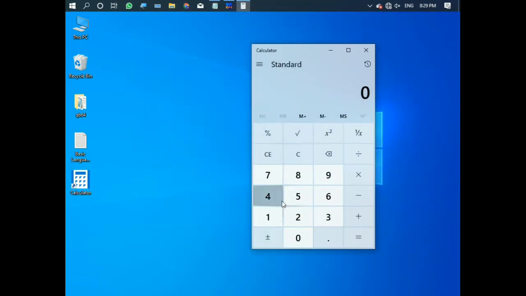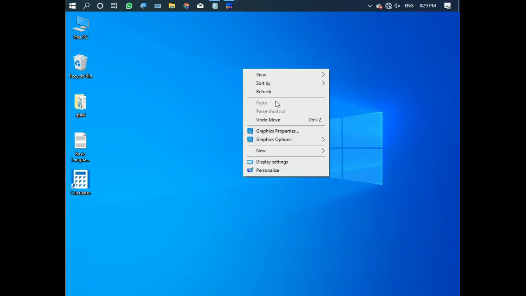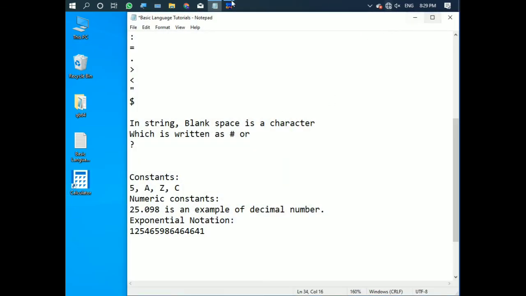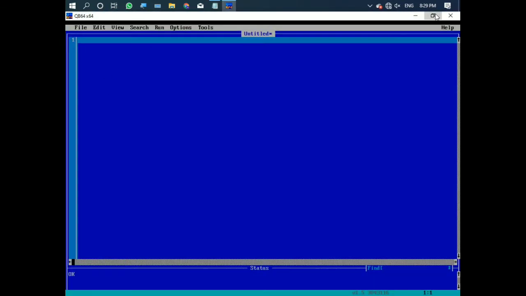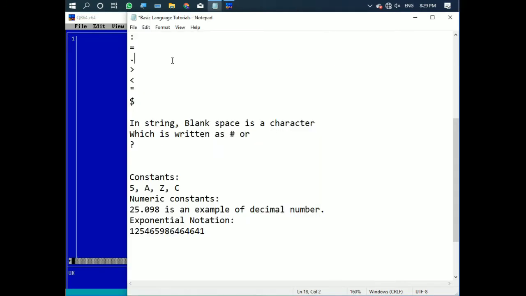On the calculator, suppose I write a huge number like this, then press multiply and then press these types of numbers, then press equals. Here you can see 2.8797 and so on, and then there is E. So what is the E? Then E plus 119. So for this, let us see what that is really about. So it is the exponential notation.